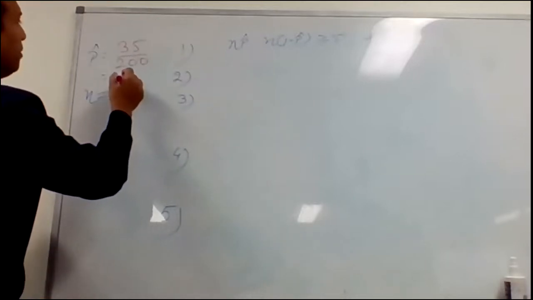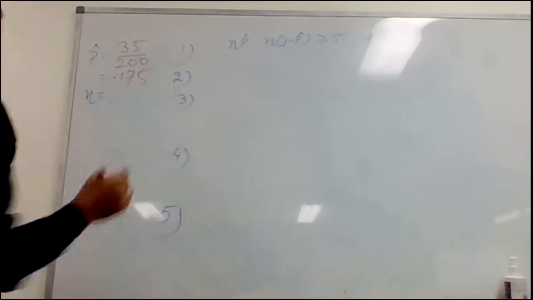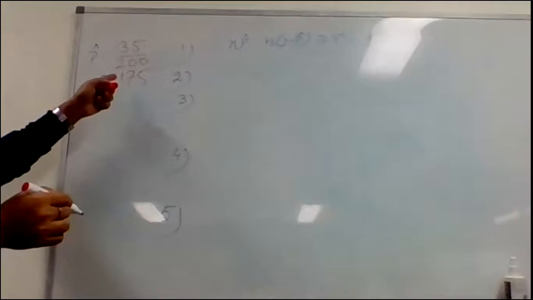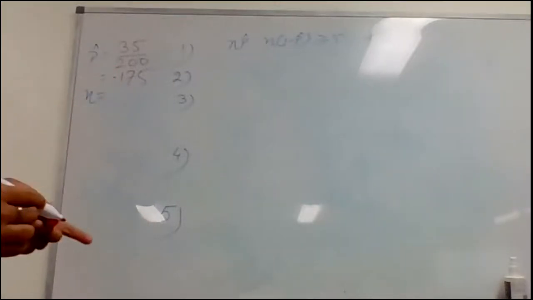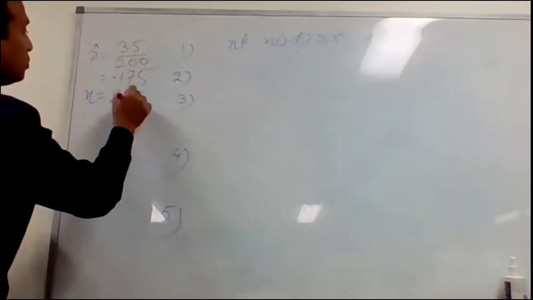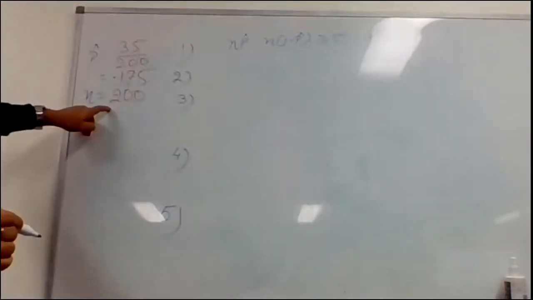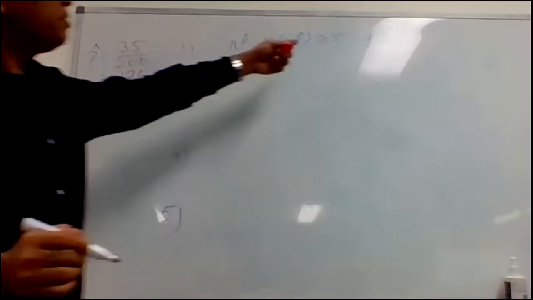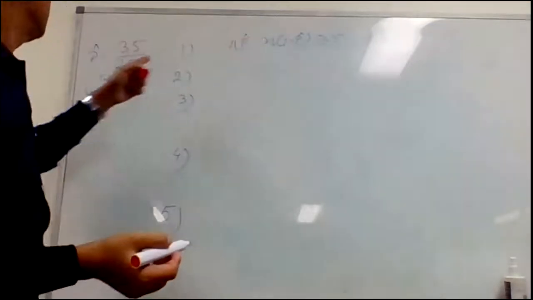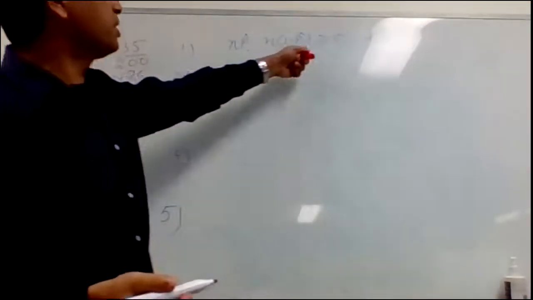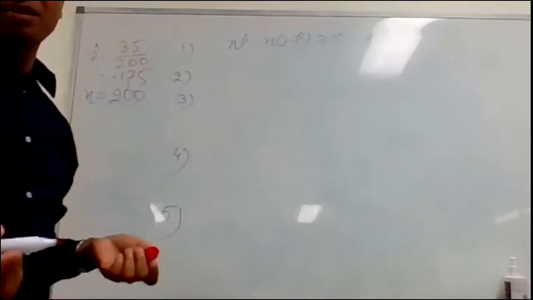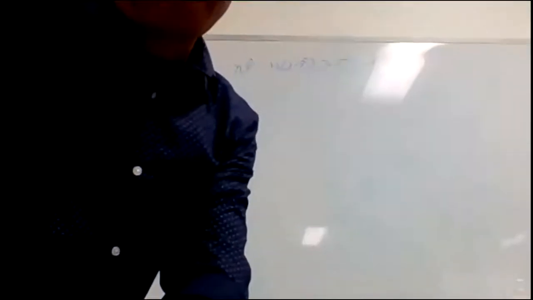So it's very clear. 17.5, 0.175, isn't it? Yes, 0.175 is your sample proportion. What is the n value? Clearly it is given, 200. Now find n times p: 200 times 0.175, around 35, which is greater than 5. Yes, it meets the criteria. Even n times (1 minus p), that will be 0.825 times 200, around 165, greater than 5. The criteria has been met, the first condition has been met.